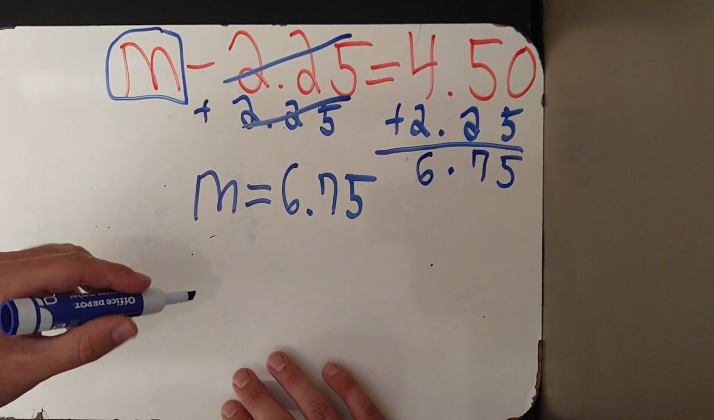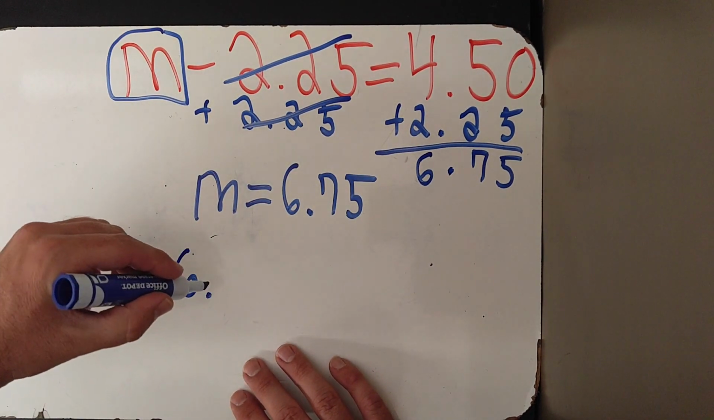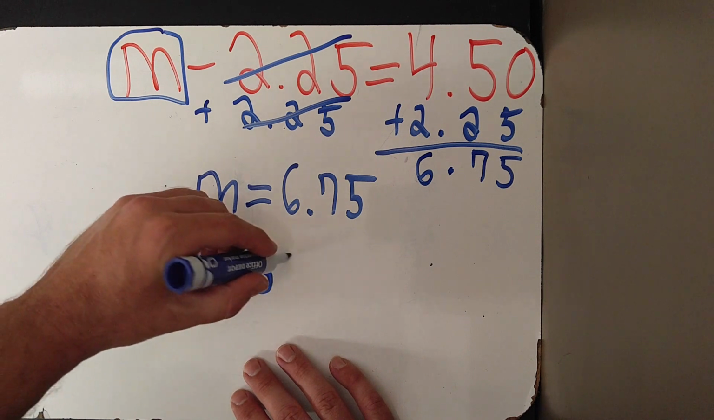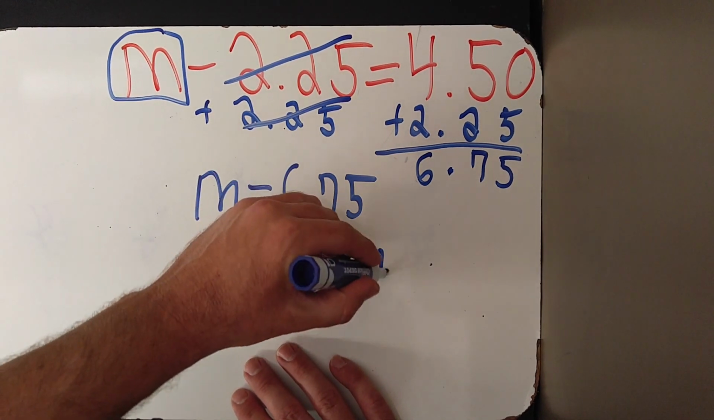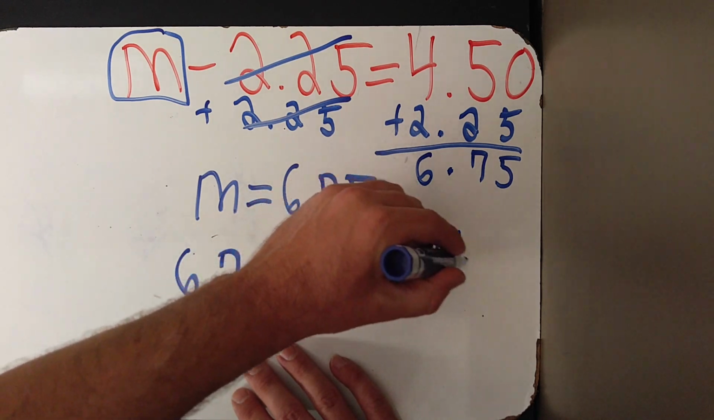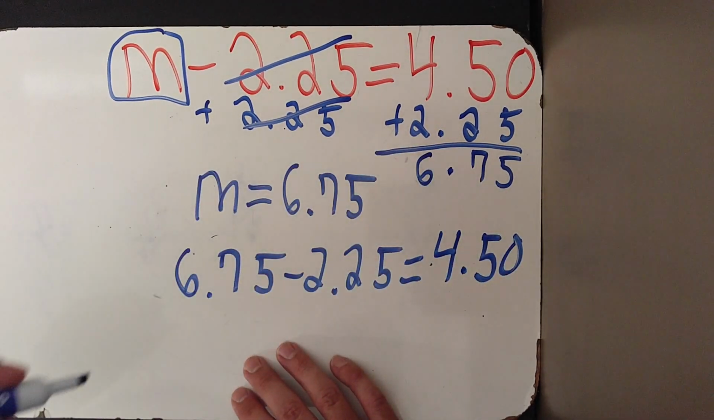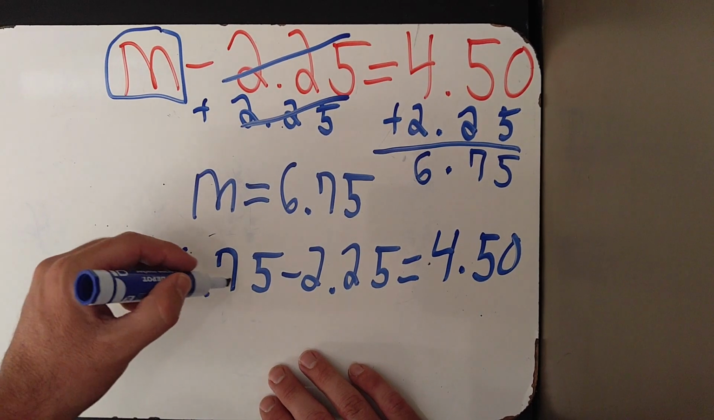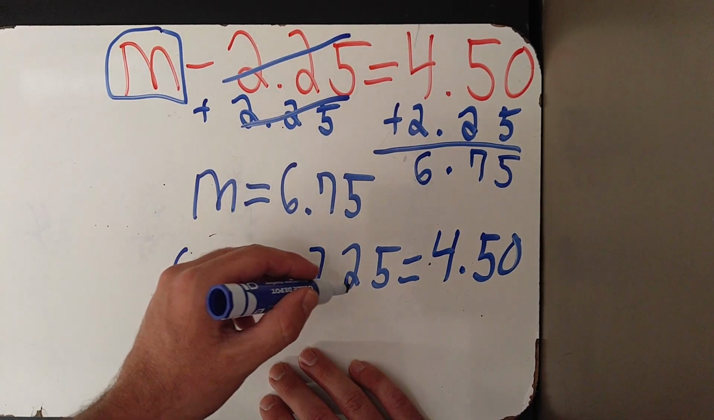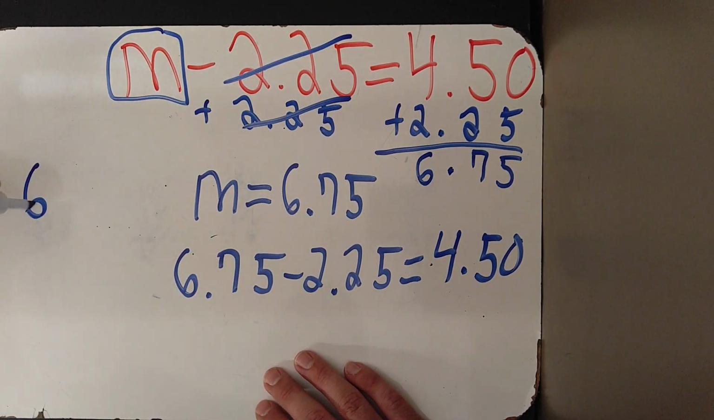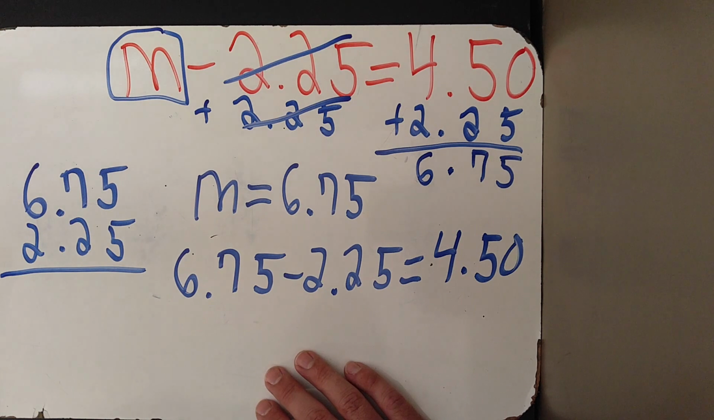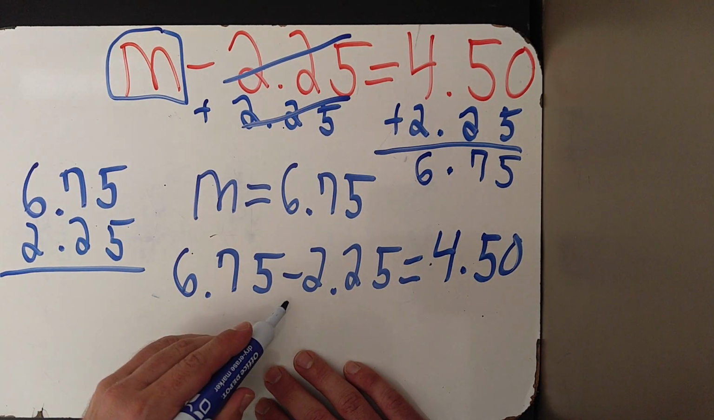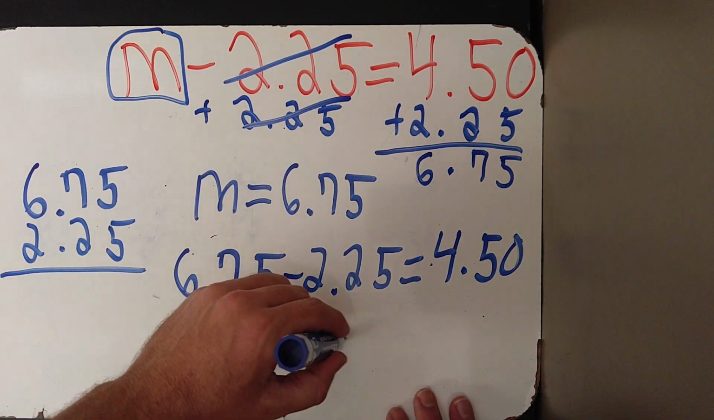And once again, of course, you may check your answer. Substituting in 6.75 for m, minus 2.25 equals 4.50. So once again, you would just subtract 6.75 minus 2.25, and you'd be able to check your answer to see if you're correct. So you can do that here, and subtract 6.75 minus 2.25 to see if it is